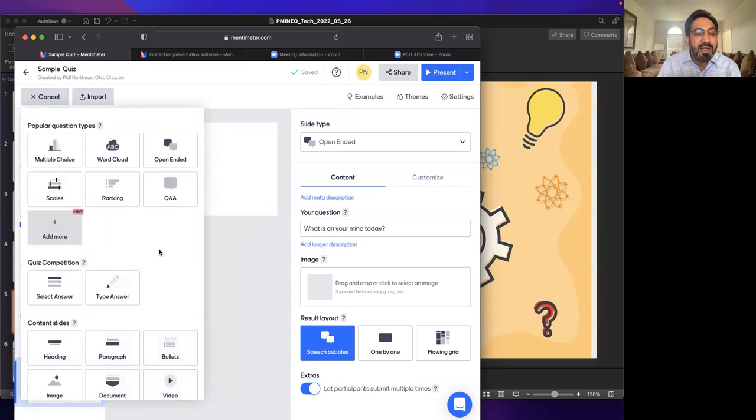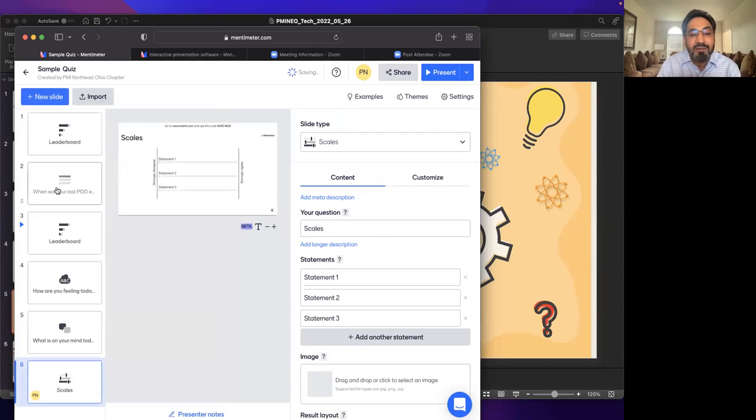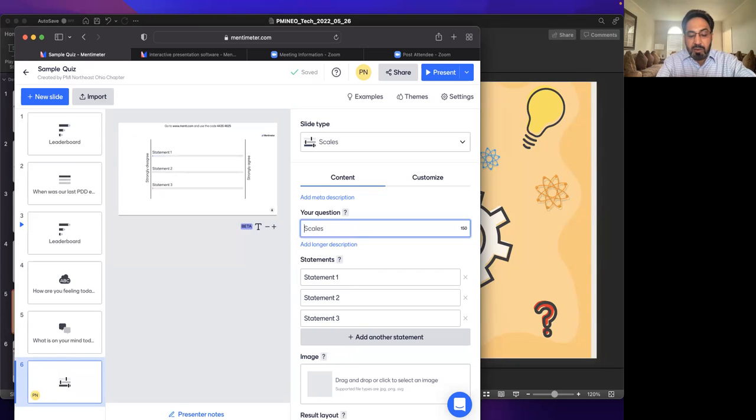We can pick another slide. We could look at scales, for example, and you can make statements like, these days, inclusiveness is a major theme across organizations. So you could have people make statements and let people respond to those statements. How do you feel about inclusiveness at your